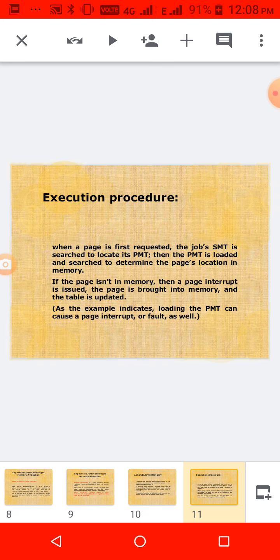When a page is first requested, we first search the segment map table to locate that particular page, and then it is loaded and searched to determine the location in memory. If it is not available in memory, an interrupt is used, and then that particular page is brought into memory and the table is updated.